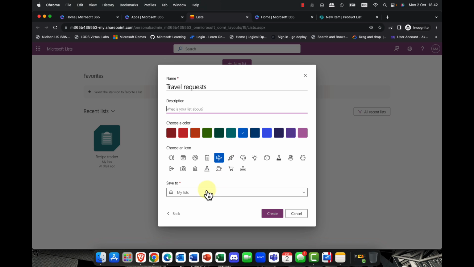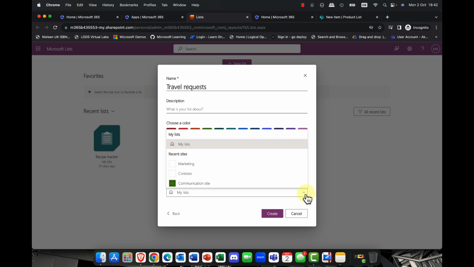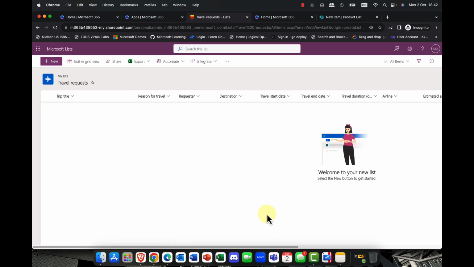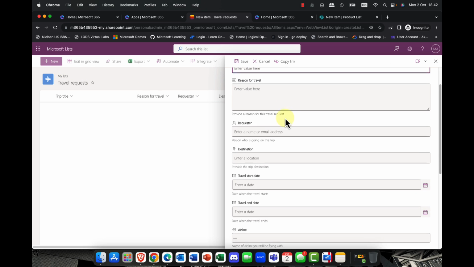color blue. You can save the list to either your list, or you can publish it as a tab into Microsoft Teams. Alternatively, later you could add in Teams and then add in the list as well. So there's a number of different ways to do it. So you can see that if I click in here, it takes that template, and I'm now in my travel requests. So all I simply do now is I can either edit this, or if I'm ready to make a new entry, I can simply click on the form and check it out.